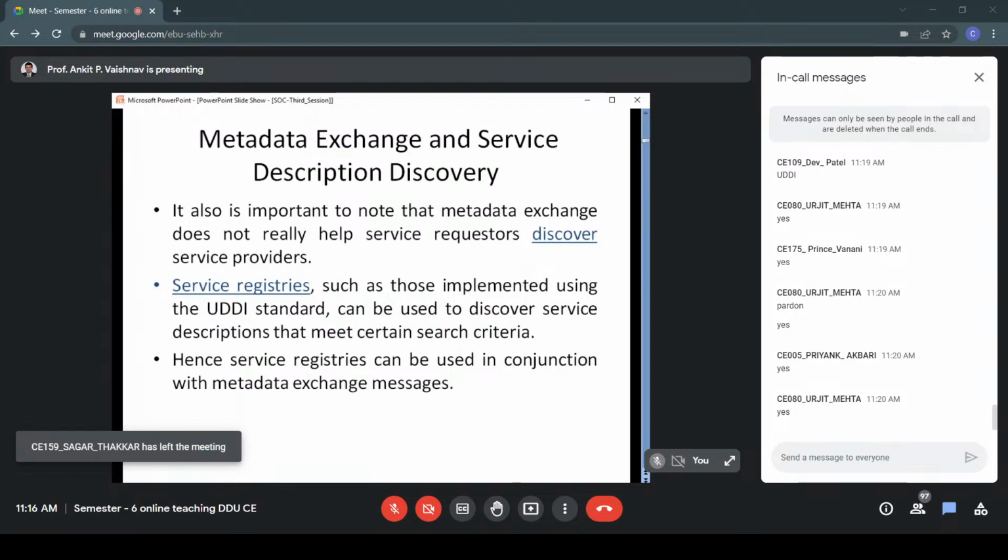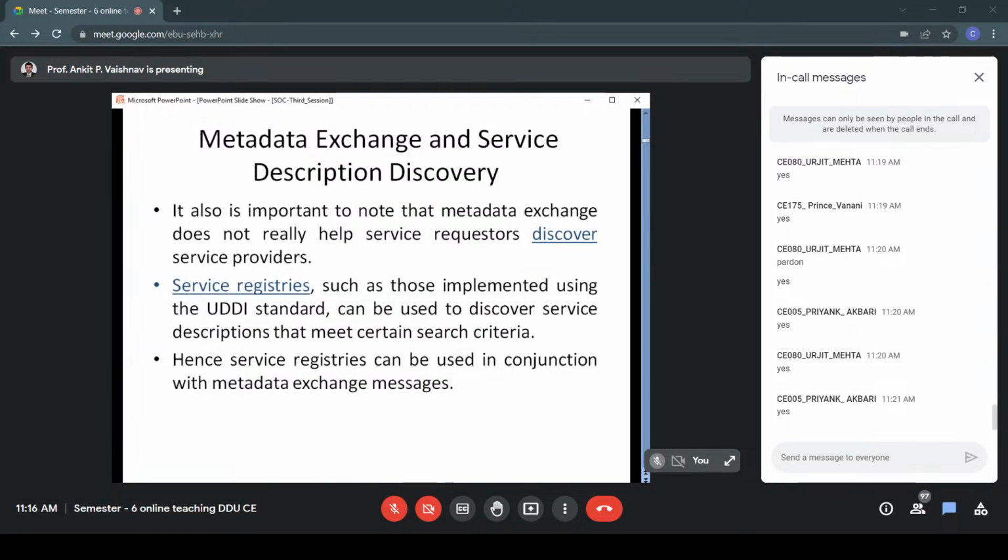So only basic information would be kept in UDDI. Once you have the basic information, you can contact the respective service and exchange the metadata directly with that service. Are you getting this? UDDI will just provide you the start.